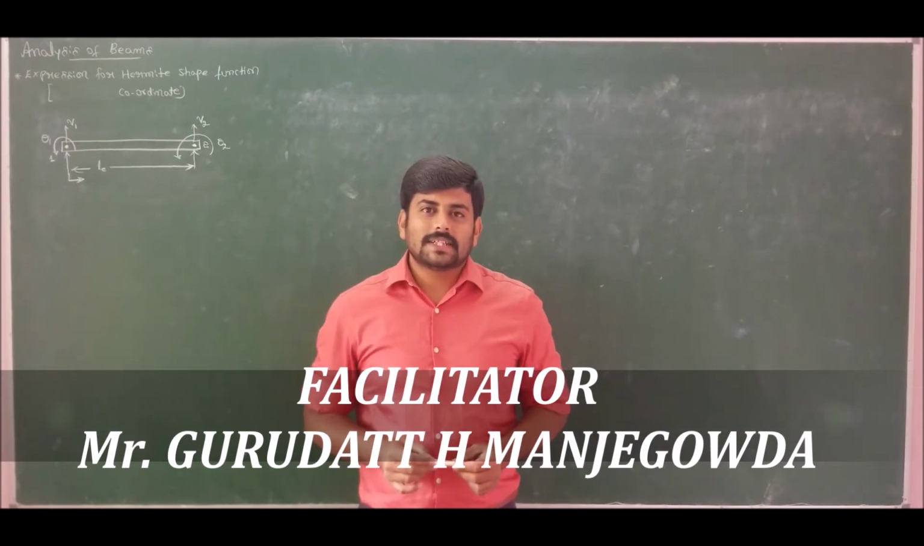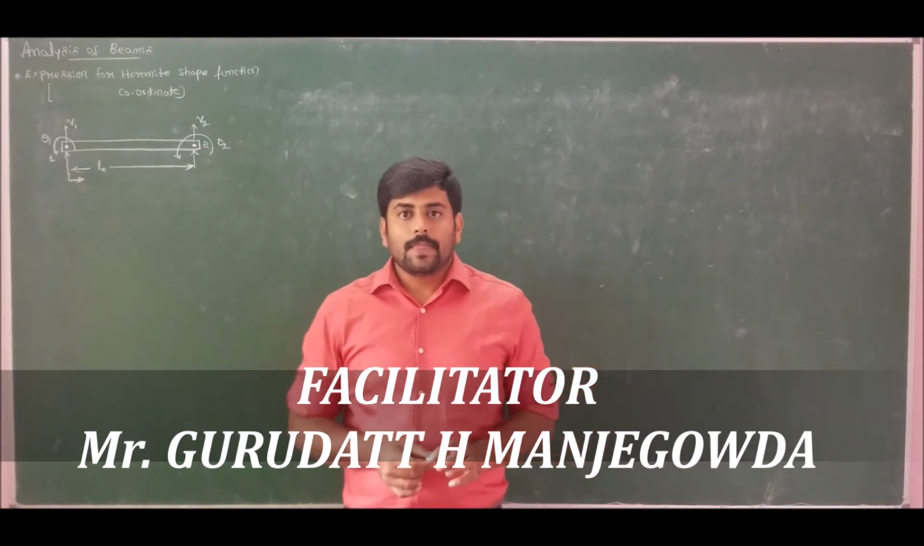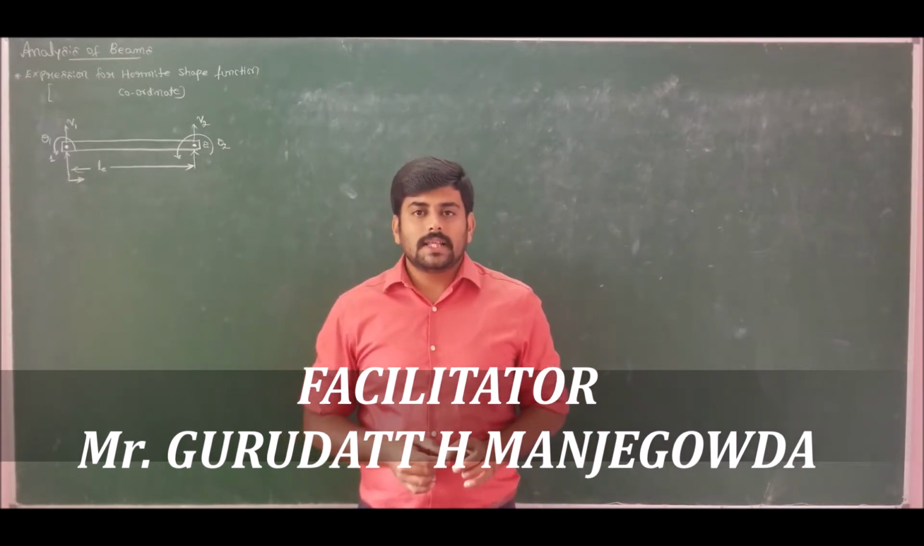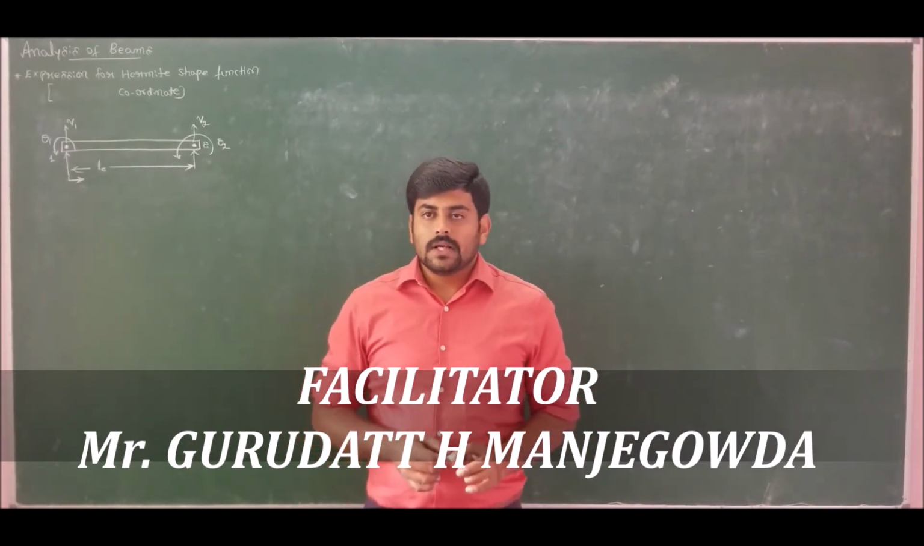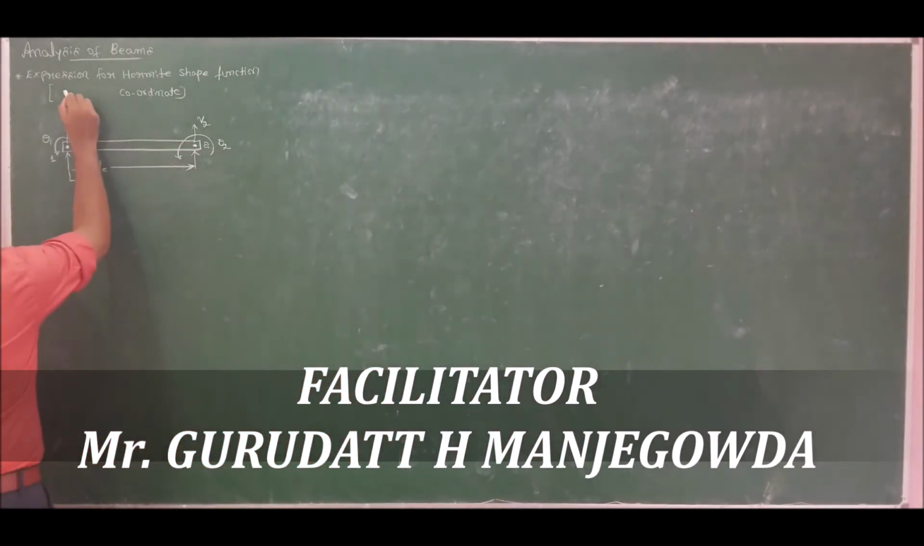In our previous lecture, I have derived Hermite shape function for beams in Cartesian coordinate system. In today's lecture, I am going to derive Hermite shape function for beams in natural coordinate system, that is in zeta and eta coordinates. So if I move to derive expression for Hermite shape function in natural coordinate system,